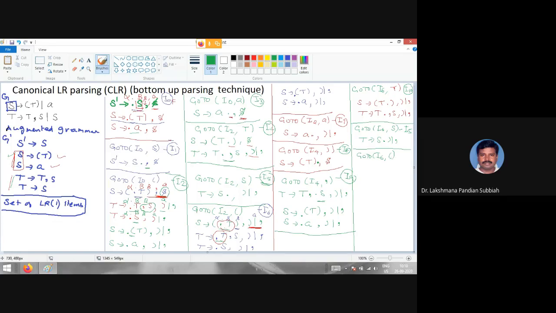So the same one is repeated now. I6 comma open bracket. Once again repeat the same. So no need to go for a new one. You put I6, right? So next one is I6 comma A. Go to I6 comma A. This one is actually I7. I6 comma A is I7.